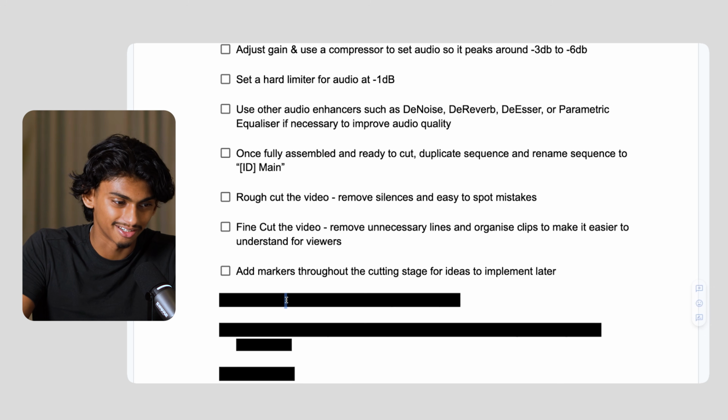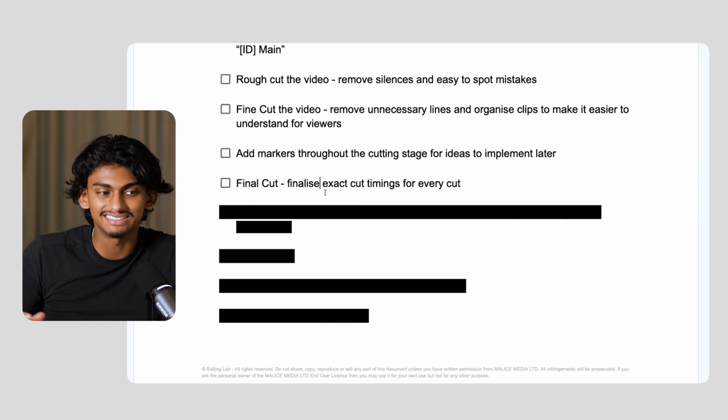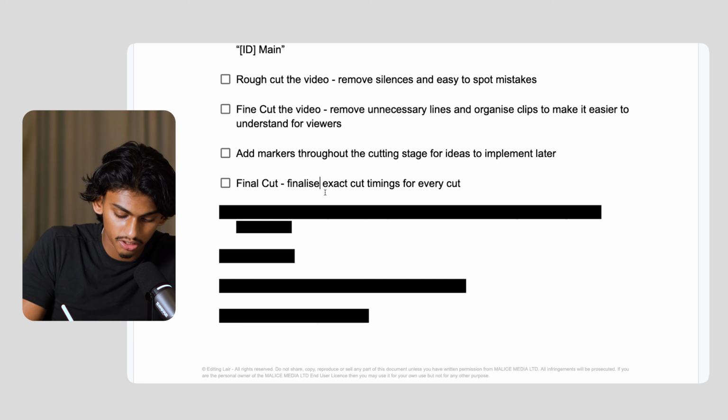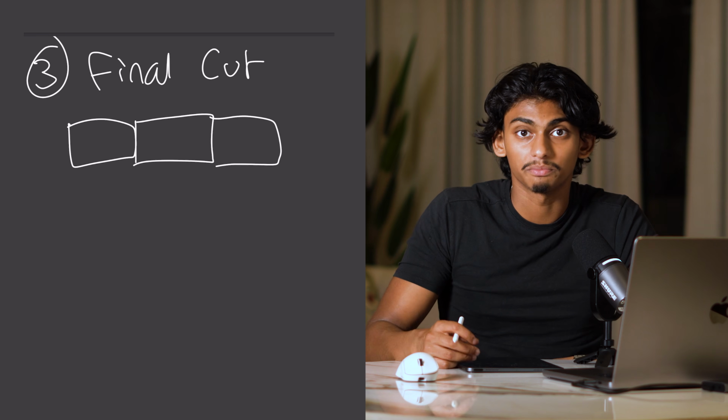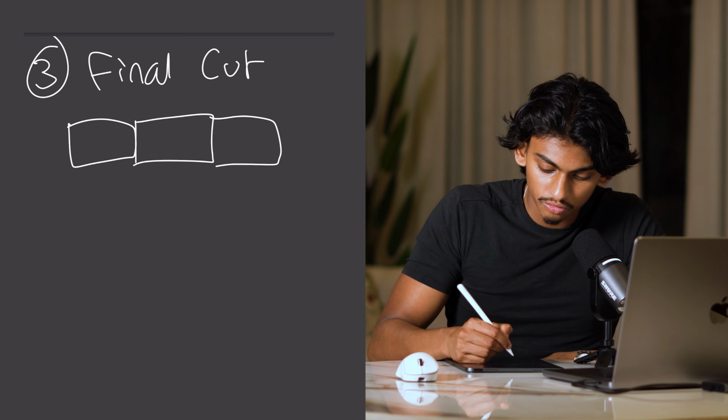Now we're on to the final cut. And this is where we finalize the exact timings for every cut. So by this stage, the video should be ready to upload. As in, not that it's good, but it's a viewable video where all the lines make sense, the timings are decent, etc. The final cut is basically just watching back in normal speed, making sure that all the clip